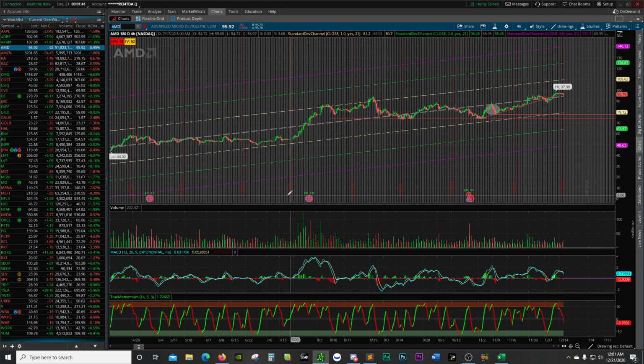Oh, okay. So you're saying I would be entering too early because there would be a chance I wouldn't be playing the actual reversal. I would just be playing a short run up, or trying to play a short run up, right? You're playing off weak support, is all I'm saying. Weak support. Okay. All right.